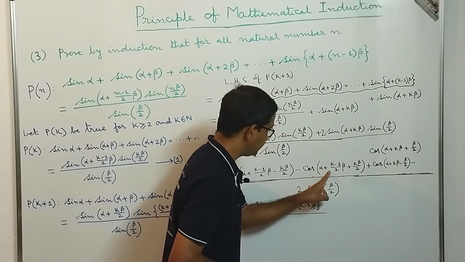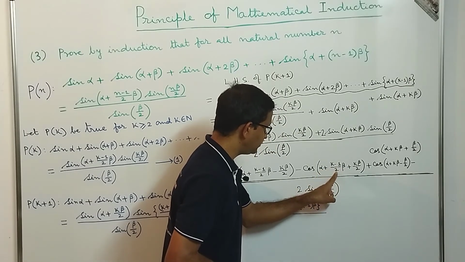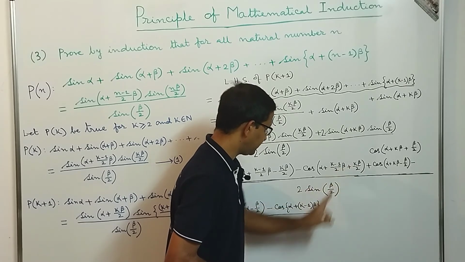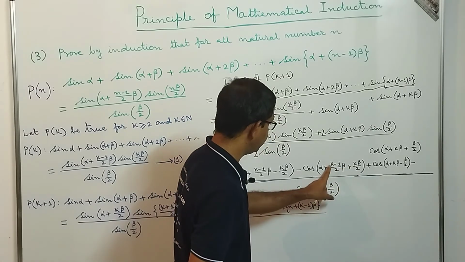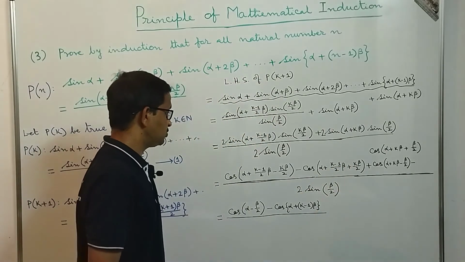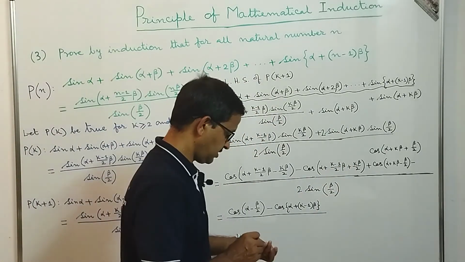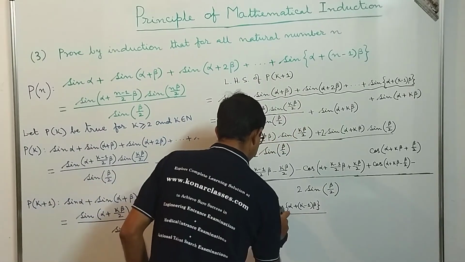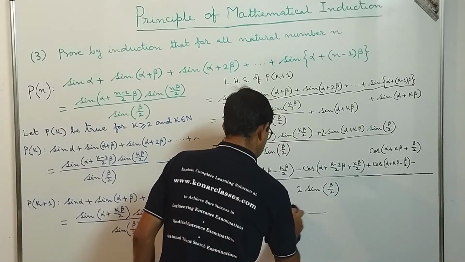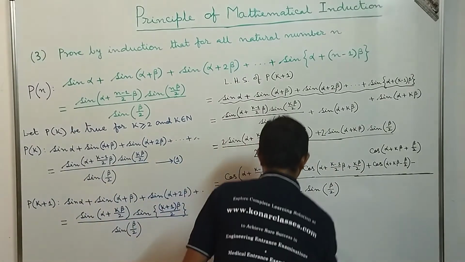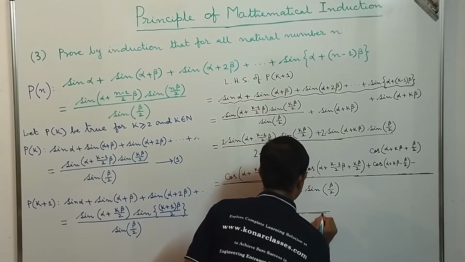Alpha plus, we can take beta by 2 common, then you will get k minus 1 plus k. That means 2k. So here we get alpha plus k minus 1 plus k, that is 2k minus 1. So this step we can write, if we simplify, we get here